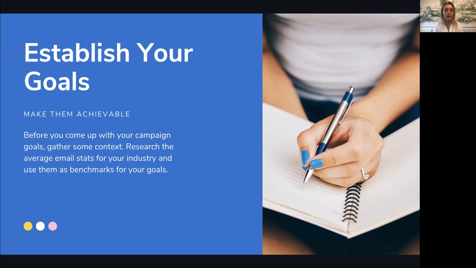There are a ton of resources. If you do a Google search and say email marketing rates for e-commerce stores, it will pull up some research and give you some context on, okay, if I'm selling products and services, usually people open my emails at like a 5% rate. I'm going to go to my next slide because I have an example of this.